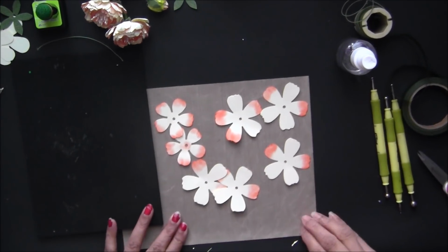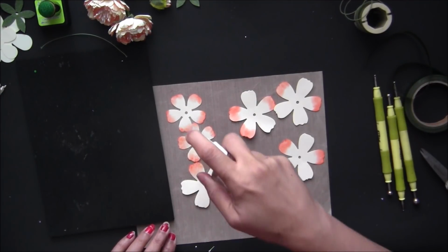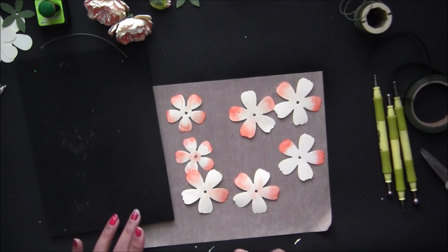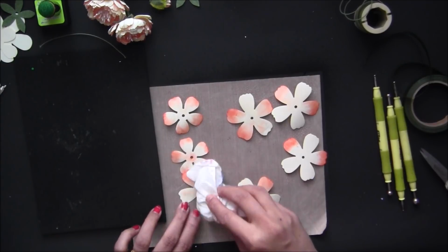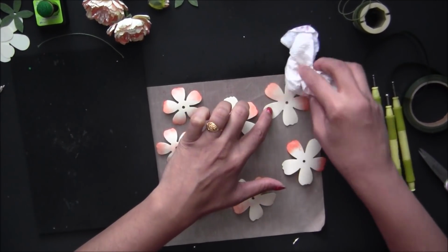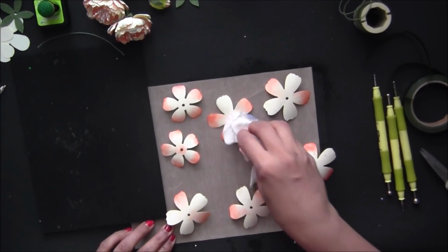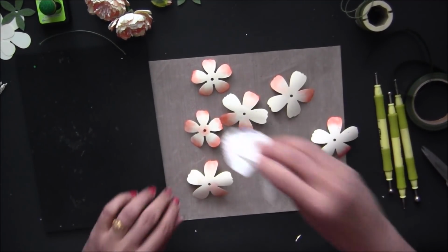Okay. So just on one side, not on both sides. One side is enough unless your paper is so thick, and then get the excess water out quickly. Don't worry about getting this color on your paper, since we need that color to fade, so less color is better sometimes for some flowers. Okay, so we got this water bath,